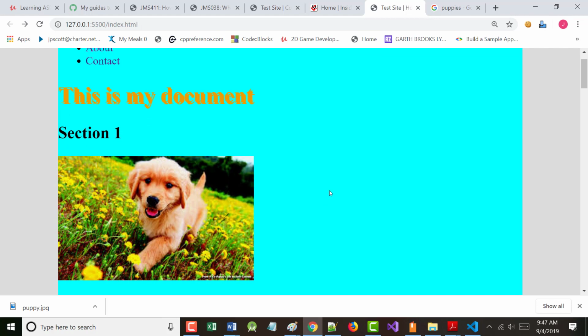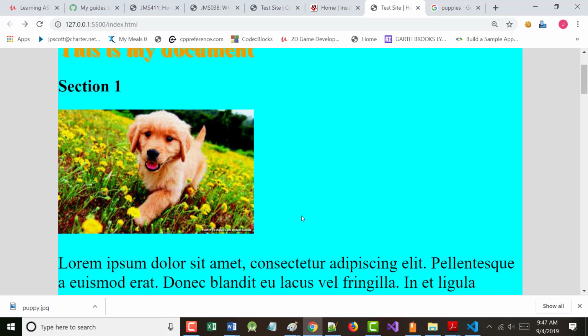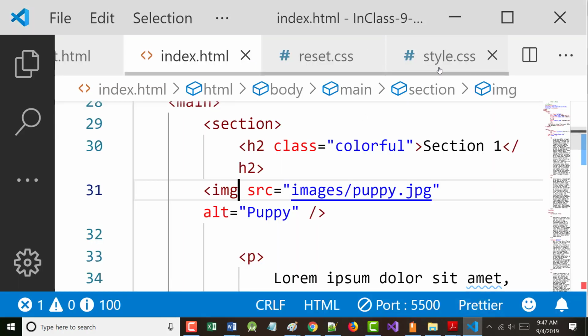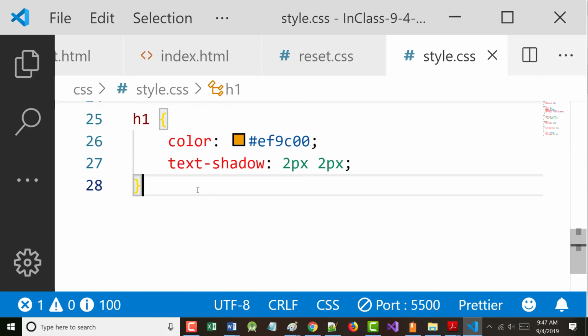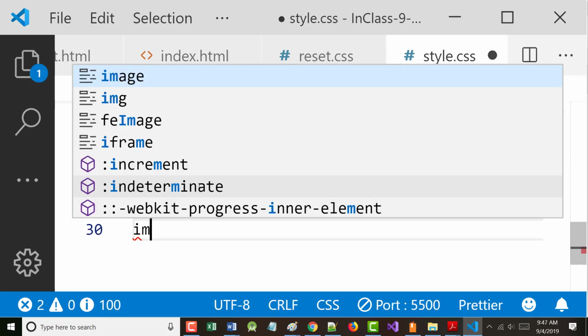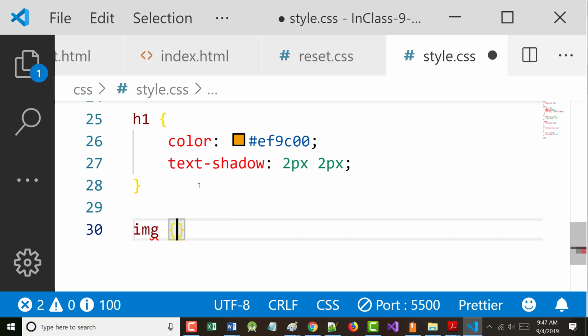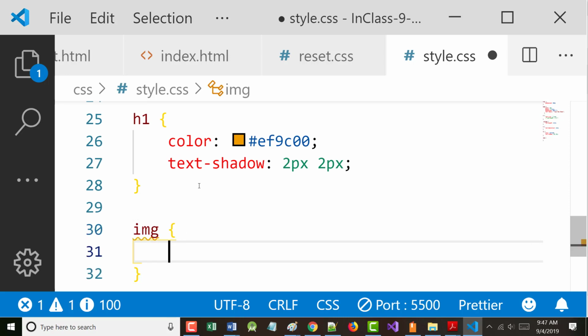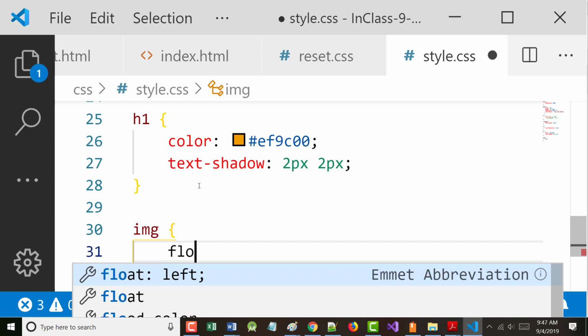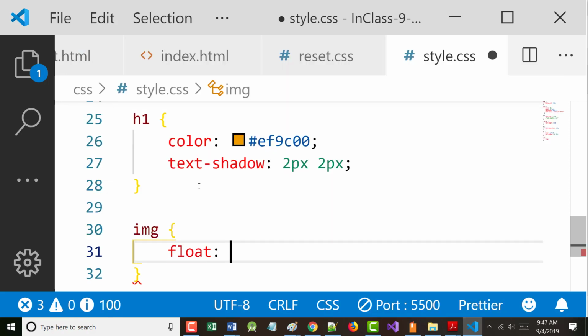Yes? Okay. Well, what if I wanted that text that you see right there to come up over here? All right. So I'm going to go back into my CSS file. And I'm going to say, okay, image. I could have given the image a name. I could have given it an ID or a class. I didn't. I'm going to say float left